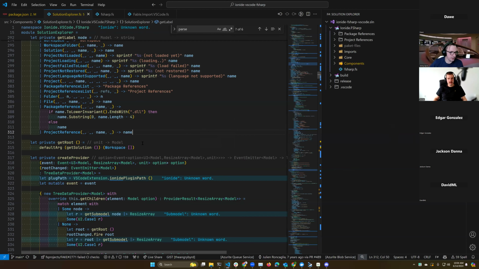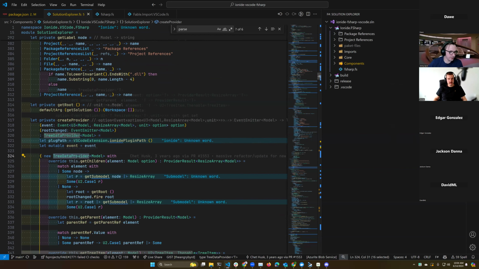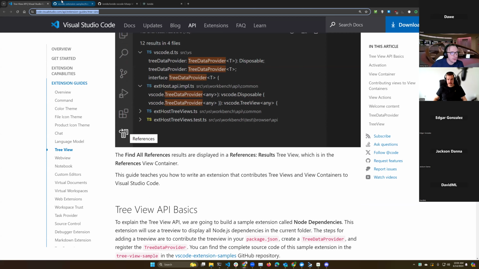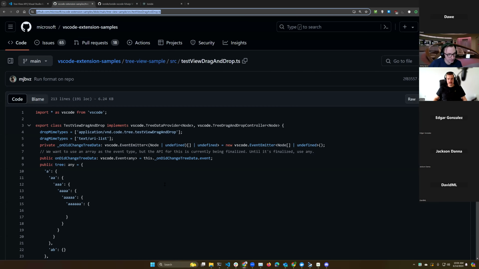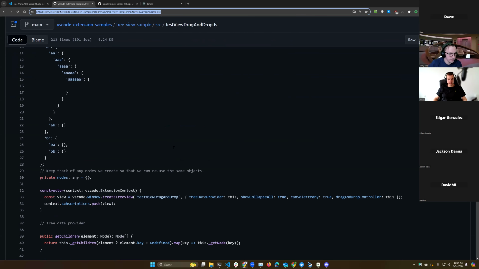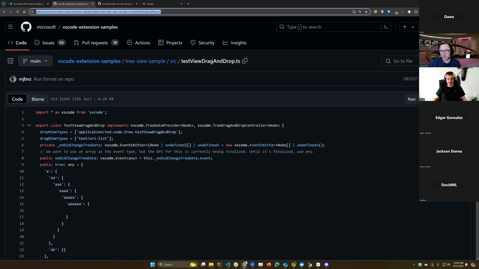And so this is all powered by this. And if we look here, there's a thing that we implement called the tree data provider. And the tree data provider is the piece that gives us access to making this tree. And it has a few things that you have to implement. That being said, there is a drag and drop feature, and to be able to access drag and drop, there is another thing we have to implement. And so I pulled this up from the Microsoft VS Code extension samples and eventually found the drag and drop test view TypeScript file. And so we can see that this thing implements this tree data view provider.